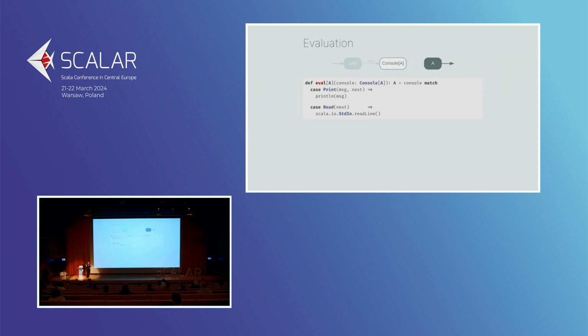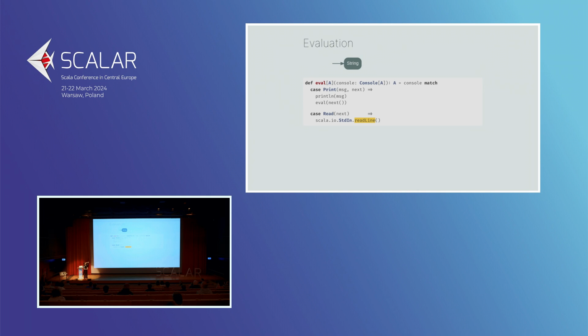Somebody said something, but I couldn't quite get it. I'm going to pretend that you said eval, and you're absolutely right. Very well done. Eval goes from a console of A to an A. And yes, that does make eval recursive. But that makes sense, doesn't it? Because console is a recursive data type, so obviously you need a recursive solution to a recursive problem. So that makes sense. And then once you have joined the dots like that, that's your solution clear as day. You just have to follow the arrows. Of course, function composition is weird, so you follow them the other way around, which is confusing, but that's just math.